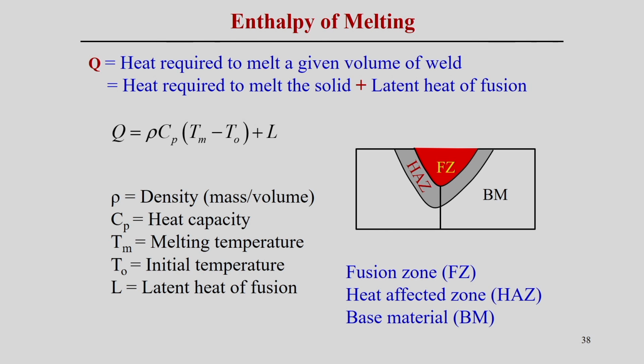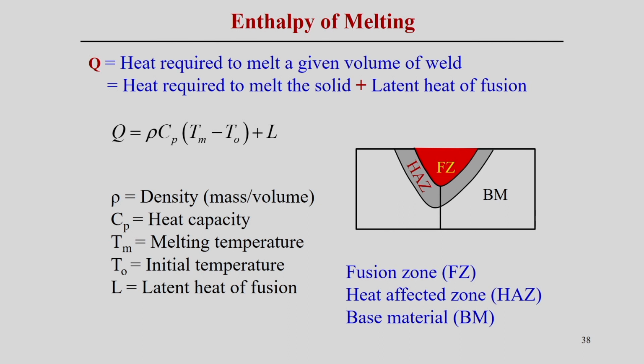So, all these zones are defined simply by the temperature isotherm. The fusion zone is defined by the melting point isotherm, and the heat affected zone is defined by a particular phase change, basically one phase changing to another, but it depends on the type of material. So, that defines the phase changes; that zone is basically defined by a different temperature isotherm. That particular temperature isotherm decides what the heat affected zone is for a particular material in a